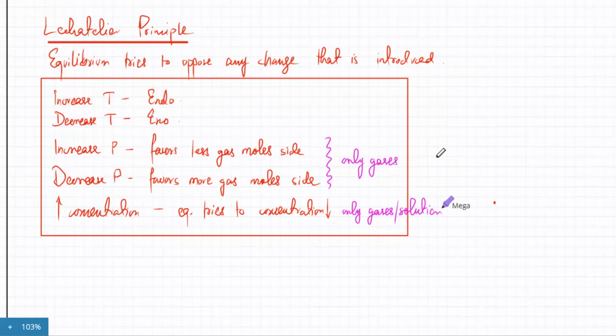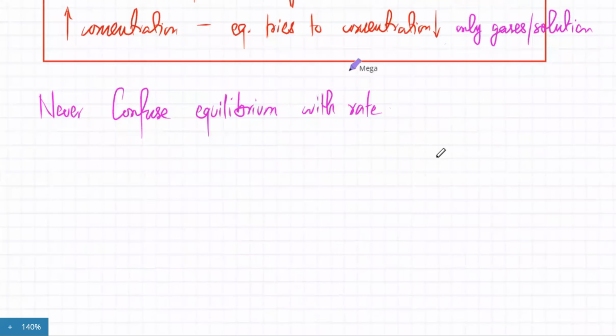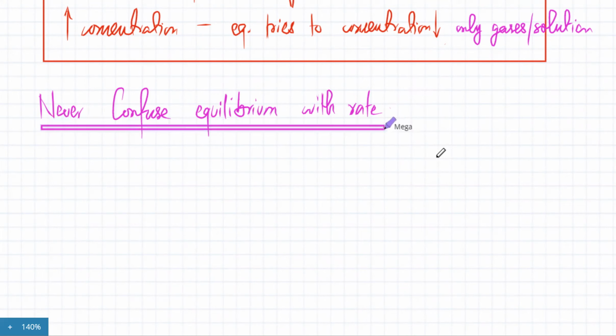Now, one very important point is that never confuse equilibrium with rate. That's a very, very important point. What that point basically states is that rate is something totally different. When you think of rate, rate is speed of reaction. So when you think of rate,